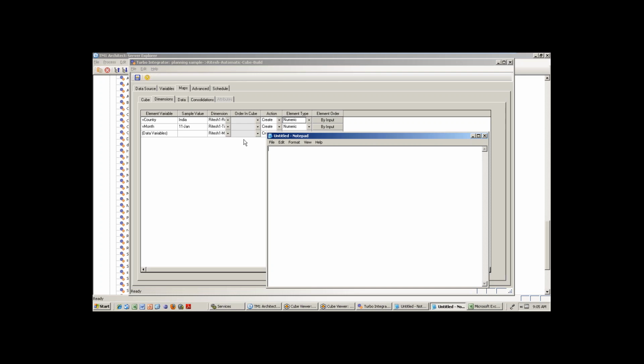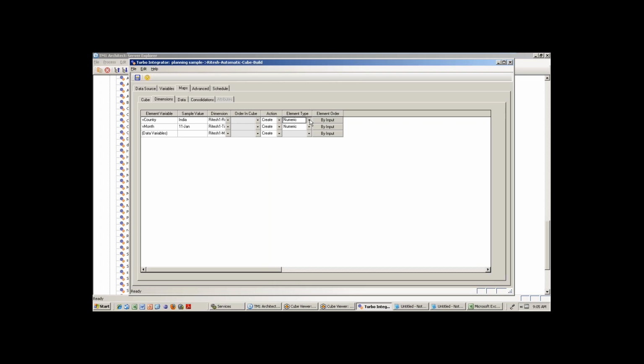But in one situation, you can put string. What is that situation? If you have string measure. Excellent. If they have string measure alone, not numeric also. Because if this particular element is having string and numeric two measures, then you have to go for numeric one. But if this particular cube contains only string measure, then only the chance of putting string. But if even one numeric measure also there, you shouldn't put here the string element, you have to put numeric.